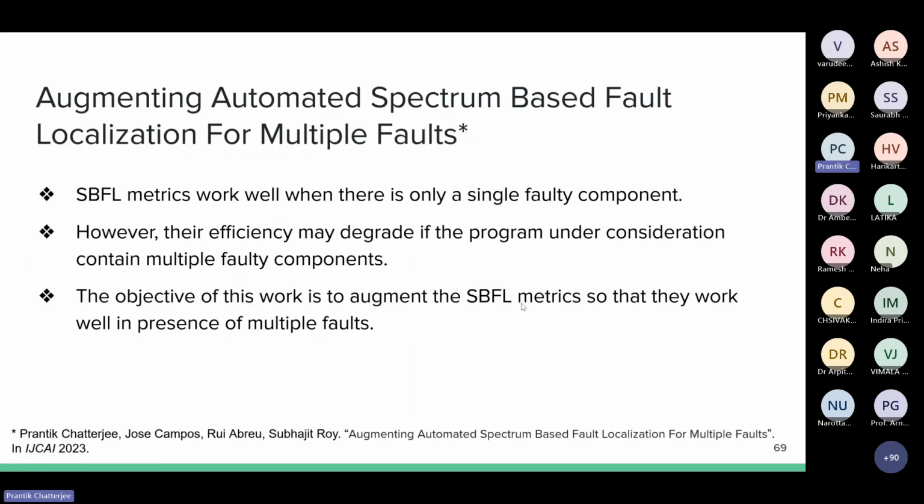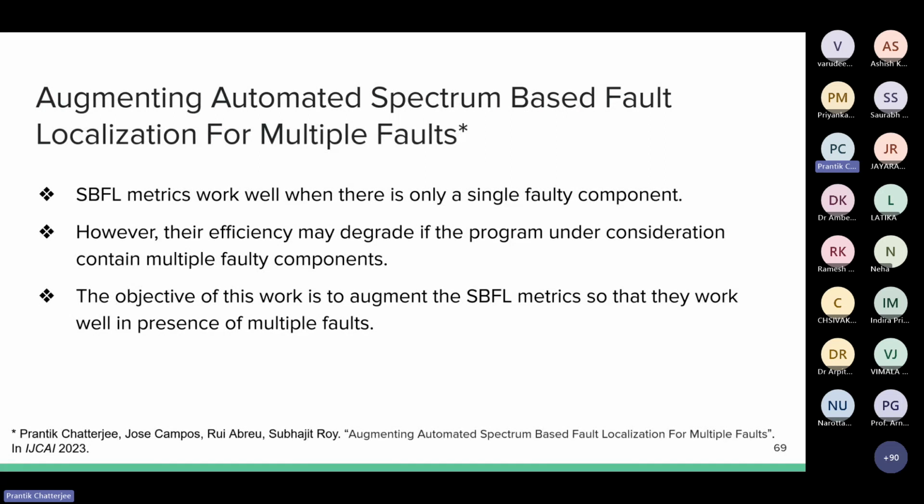Okay, so we had looked at the test suite generator. If you remember the spectrum-based fault localization pipeline, there are three components, right? You generate the test suites, then you have a fault oracle which tells you whether the test cases pass or fail, and then you have the fault localization module. The fault localization module assigns the suspiciousness score. So far we have only looked at the first part, which generates test suites which are optimal for diagnosability.